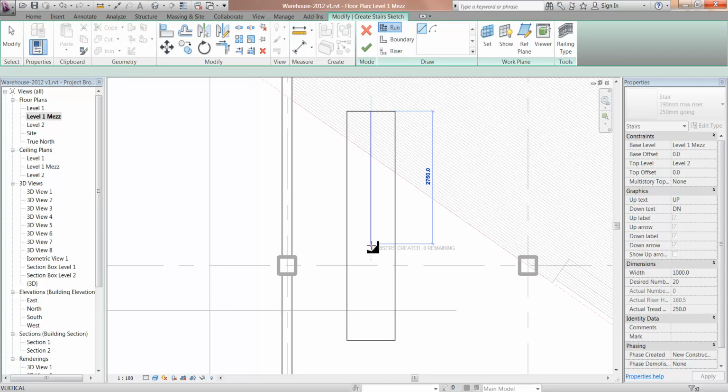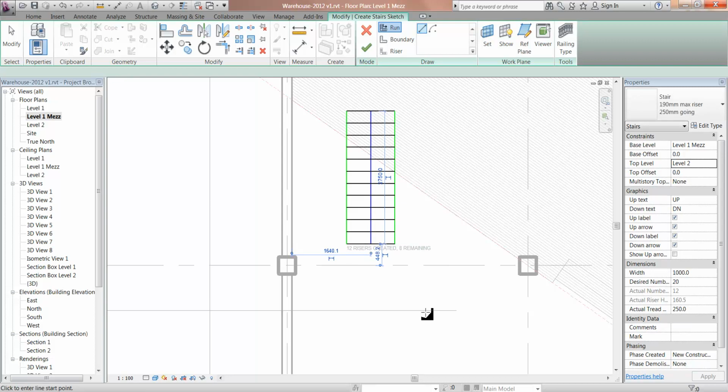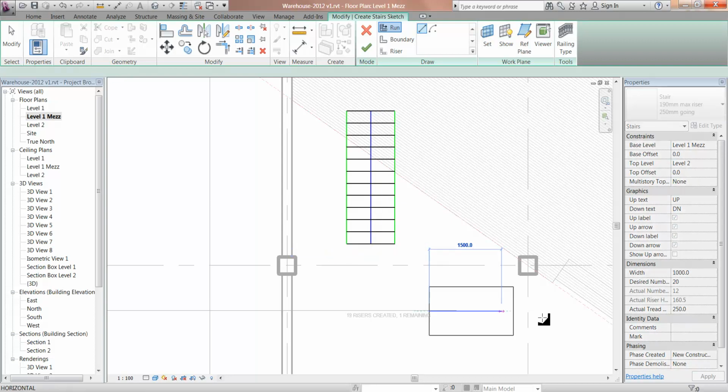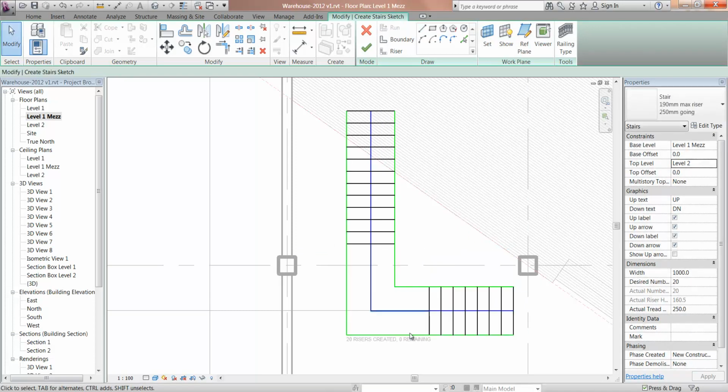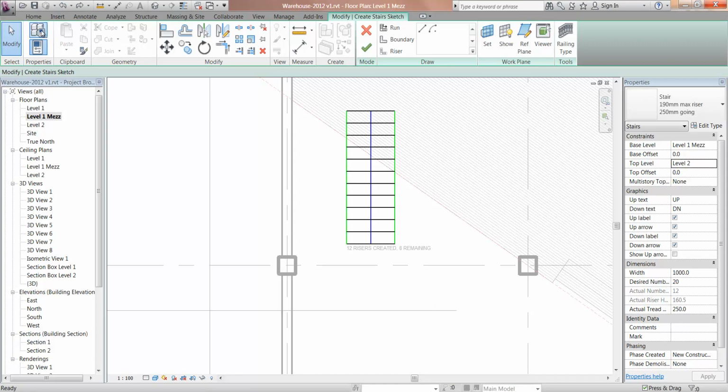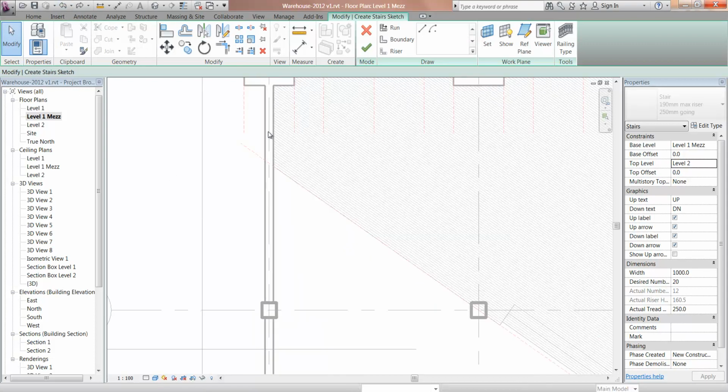So if I click here, there's my 8, and then I need to click a new start point and then finish that somewhere to get the remaining risers. Notice it'll automatically fill in the landing if you do that. So I'll go back and just show you if I undo that. There we are. Back to run, and I'll just click one point this time,